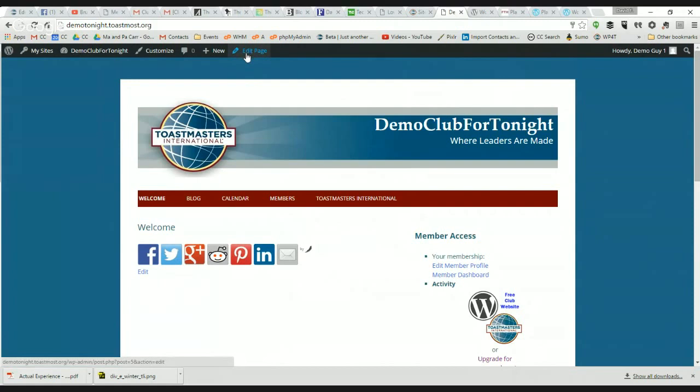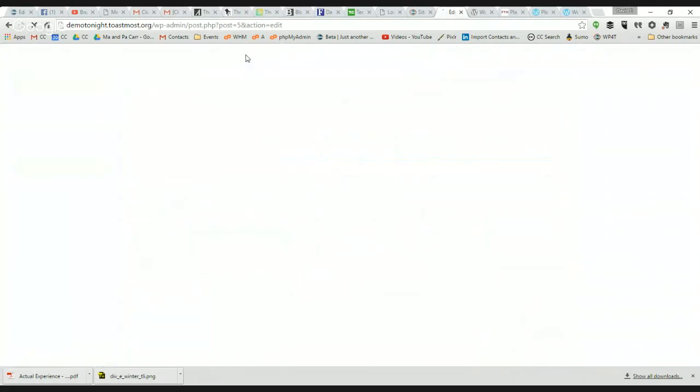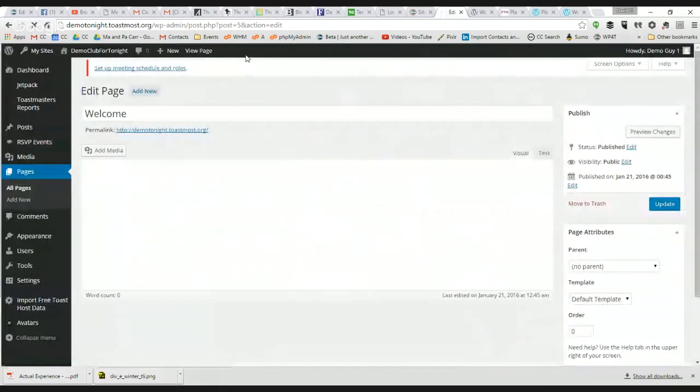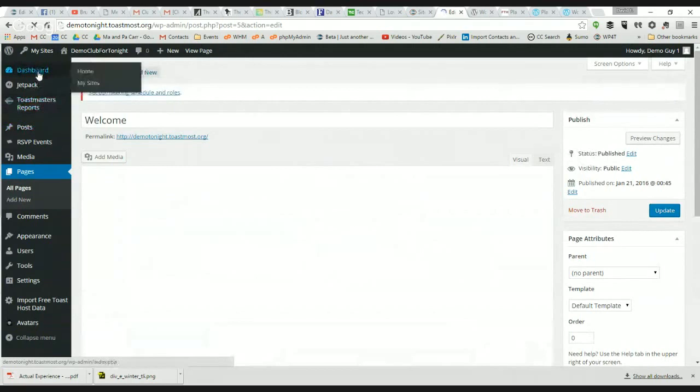If I want to add some content, I would go to the home page and click Edit Page. And I can start adding my text and images from here. I probably should spend a moment just on this menu down the side of the page.